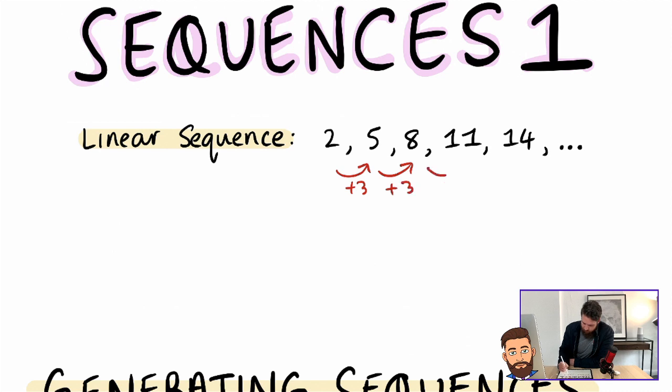And then we're going from 8 to 11, which is a plus 3. So hopefully you can see the pattern, the rule of this sequence is plus 3. A sequence just means a series of numbers. And a linear sequence means, well, hopefully you can see there that this sequence is going up by the same amount. So a linear sequence means that the sequence